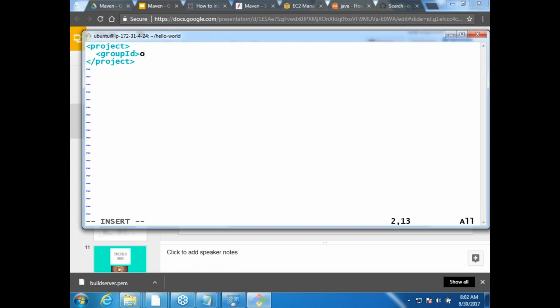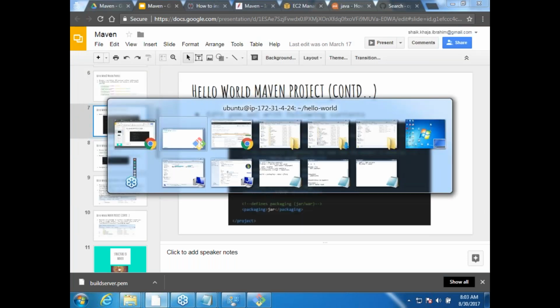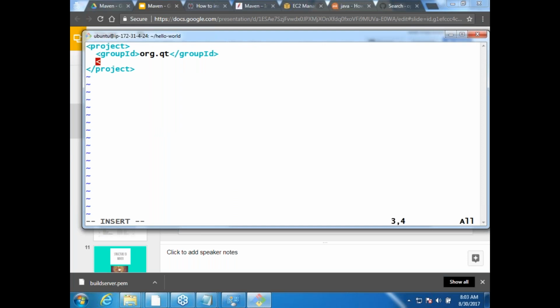I would be writing something like org.qt, group ID, and then artifact ID. Don't worry about what these things are, I'll be explaining each and everything. So first, blindly let us write it. Let me call it hello world.